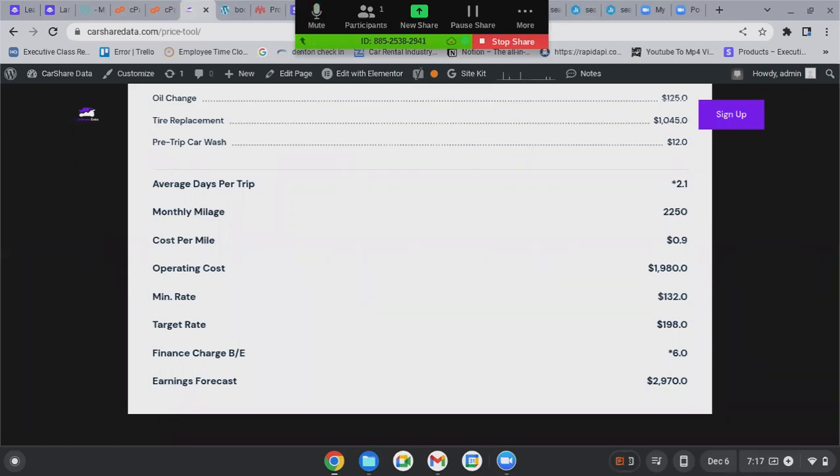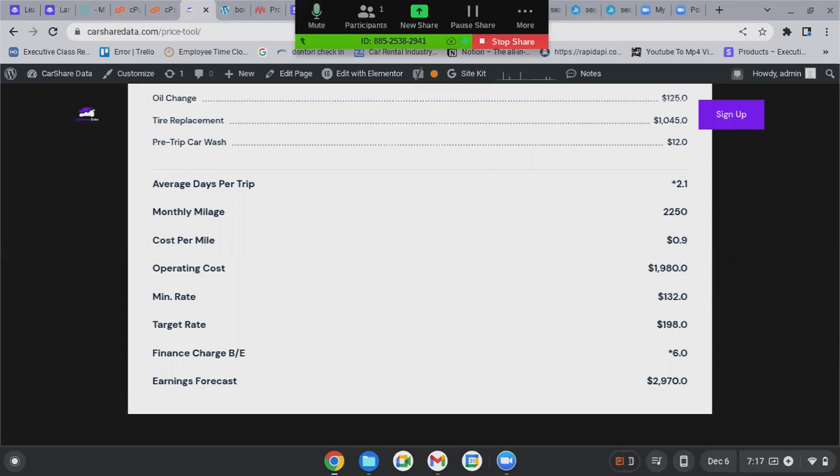If not, that means you're probably spending too much money per month on finance charges alone for that vehicle. You either need to put a bigger down payment or think about another car where your payment isn't going to be so high. What that's going to do is allow you between 10 and 14 days of profit,